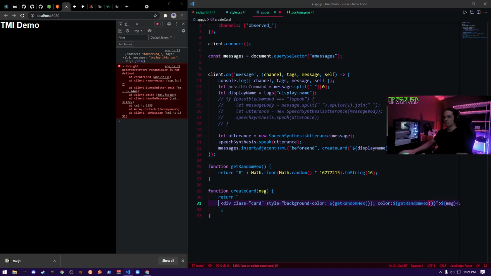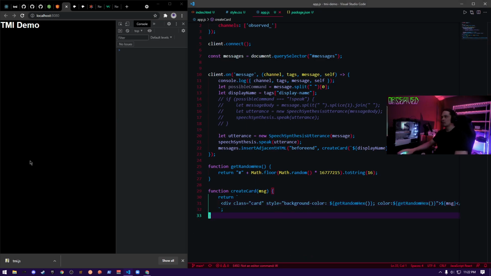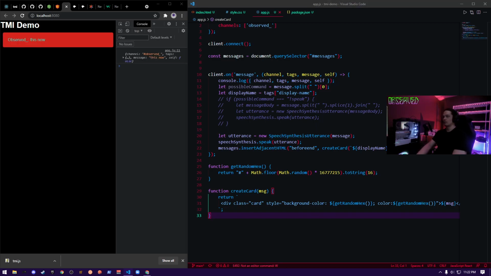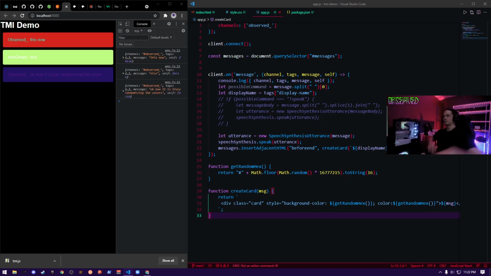That should work. Nice. Okay, now it is truly randomizing the colors.